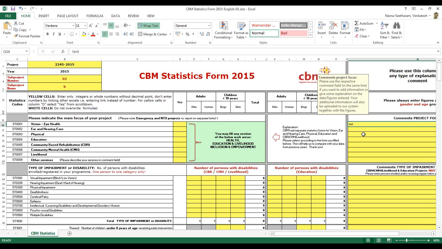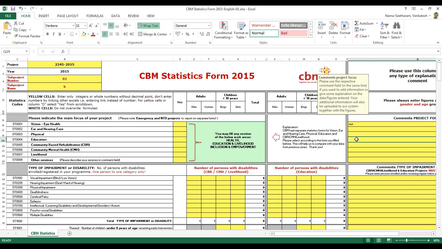The other advantage is, for example, last year they performed 1000 cataract operations, this year they have performed 5000 cataract operations, they can already give a comment saying why there is an increase. Or the other way around, last year they did 5000 operations and this year only 1000 or 500 operations or 0 operations.